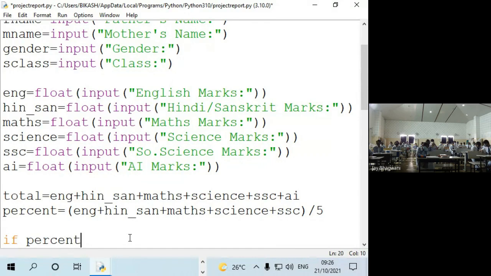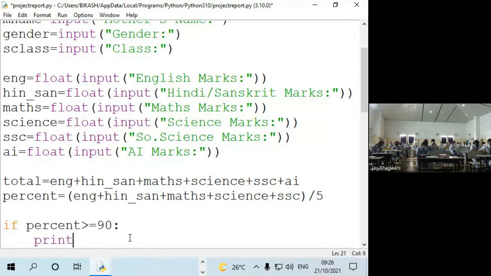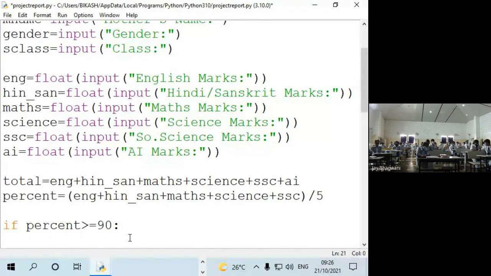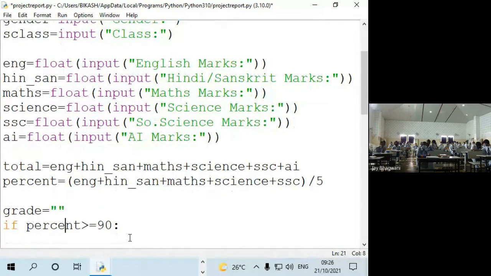If percent is greater than or equal to 90, let me give a variable, one variable is required, grade is equal to, but I don't want to store it first, here at this position.